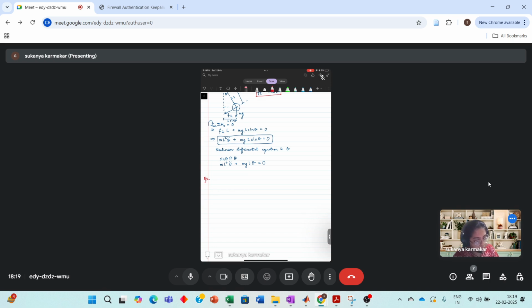This is what was already discussed in the class: you have a body of mass m, and suppose I have a spring which is giving the resistance, and you have a damping source as well, and it should not float in the air,